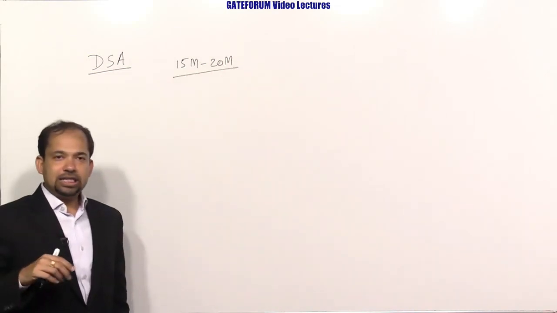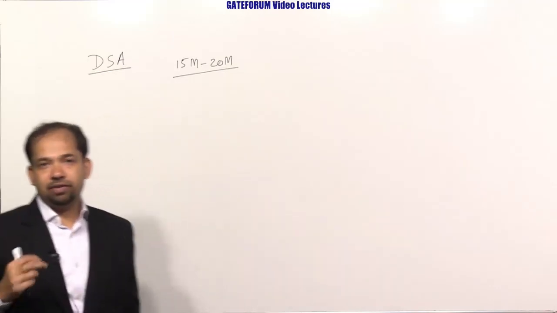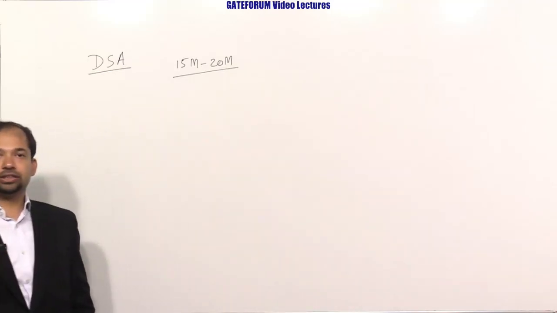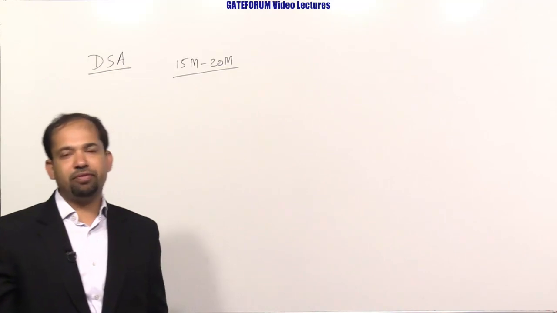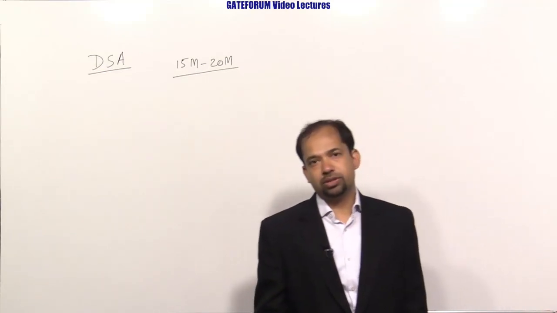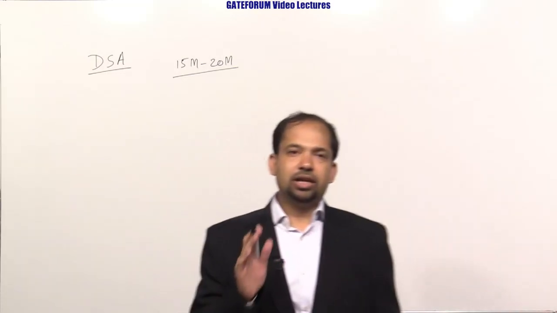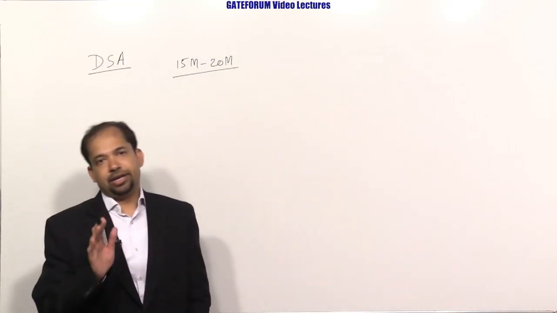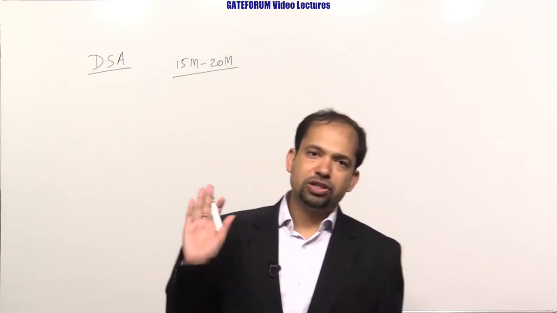Right. And this subject is a vast one, covers three topics or three different subjects. First one is programming fundamentals, and then we will be talking about data structure, and then we will be moving to algorithms. So if you put programming fundamentals, data structure and algorithm in one place, it is going to fetch you around 15 to 20 marks in GATE exam. You see any previous year questions, you will find ample number of questions are asked from this particular subject.